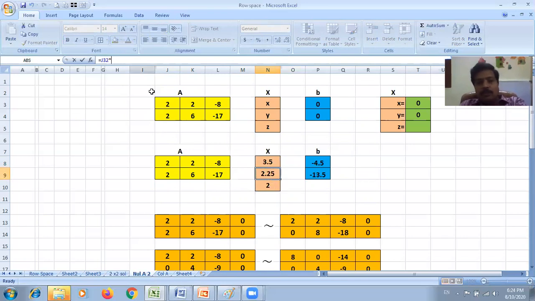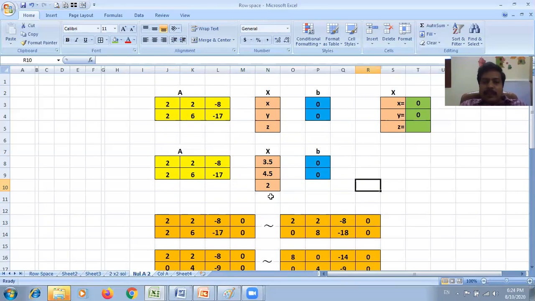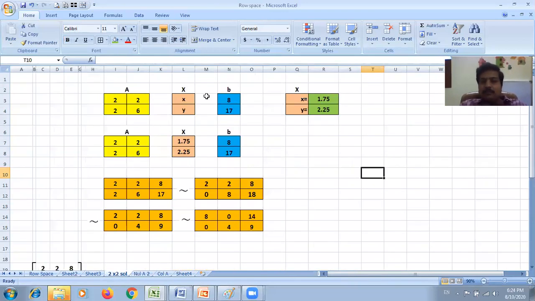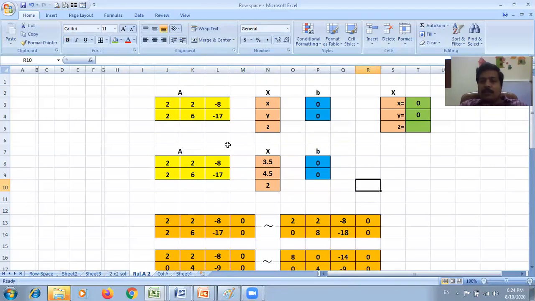And this is also to be multiplied with this. Yes, this is another vector in null A. So in this way, we can find the solutions of homogeneous equations using null space A, and we can find the solutions of non-homogeneous equations also. Since this is a non-homogeneous equation, I am finding a solution for this using this method, null A. So null A can be used to find solutions of non-homogeneous equations also.